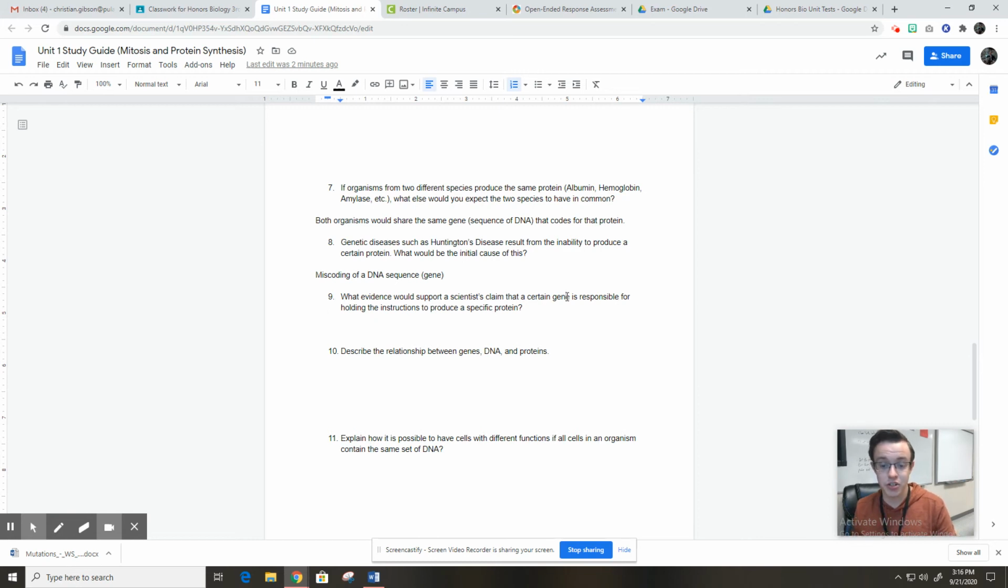So they're claiming that a certain gene is responsible for holding the instructions to produce a specific protein. They're making the claim this machine has the instructions to make that component of the car, or this gene has the instructions to make this specific protein. So how would we figure that out? Well, you wouldn't want to turn that gene off in somebody intentionally because that would be unethical. Instead, you would want to